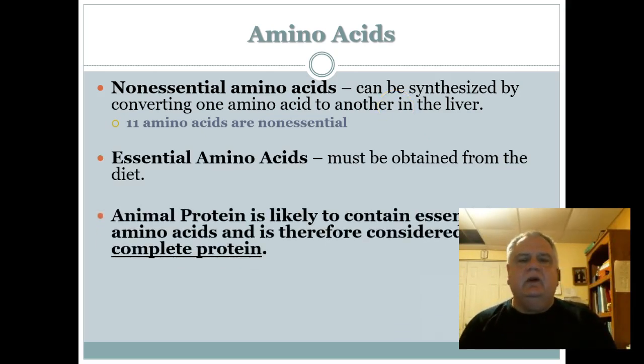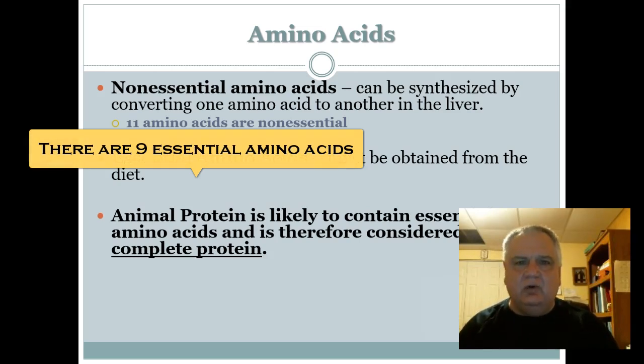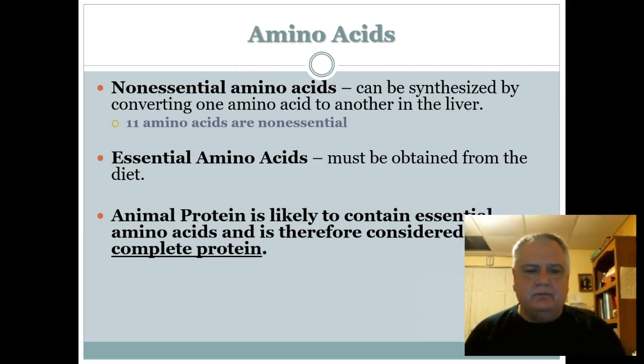The other class of amino acids are what we call essential amino acids. These are ones that you must obtain from your diet. That's what the term essential means. It's essential that you get these amino acids from your diet, because if you don't, the liver can't synthesize them, and they are necessary to build the proteins that you need to make up the structural components of your body, cells, and enzymes that are, again, necessary for catalyzing chemical reactions in cells.